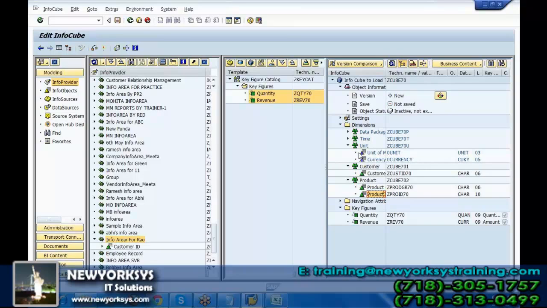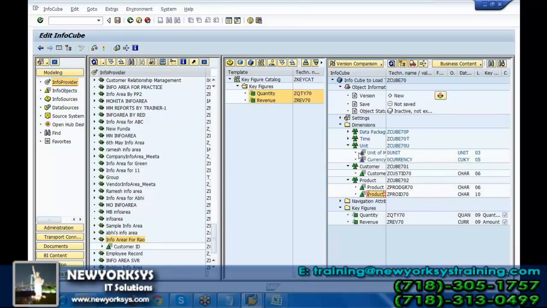Instead of 10 lakh records, with 1,000 product IDs and 1,000 product groups, if I create a separate dimension for product group, then I'll have 2000 records only: 1000 records in the product ID dimension and 1000 records in the product group dimension. So SAP suggests to create as many dimensions as possible, and it's up to the analysis of the BI consultant